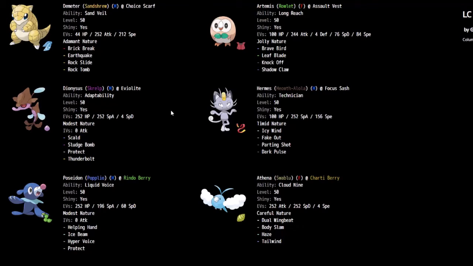It is running Adamant because I don't need to be much faster than that. And it's running Sand Veil in case they bring Lileep and Max Rockfall into my Rowlet or Swablu, which is why there's the Chople Berry, and just so that I can basically have a chance of the moves missing. But yeah,